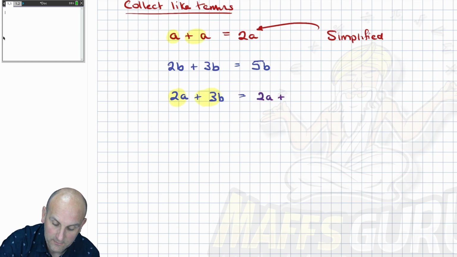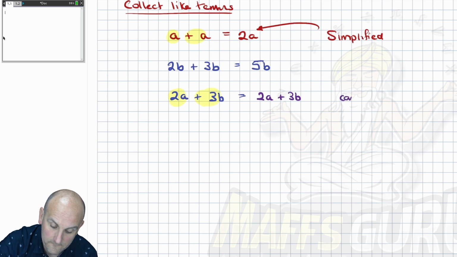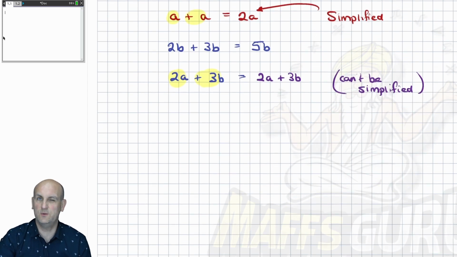That stays as 2a plus 3b, so it can't be simplified. Ka-ching. Job done. Thank you very much. So do you see what we do now? We'll look for all those